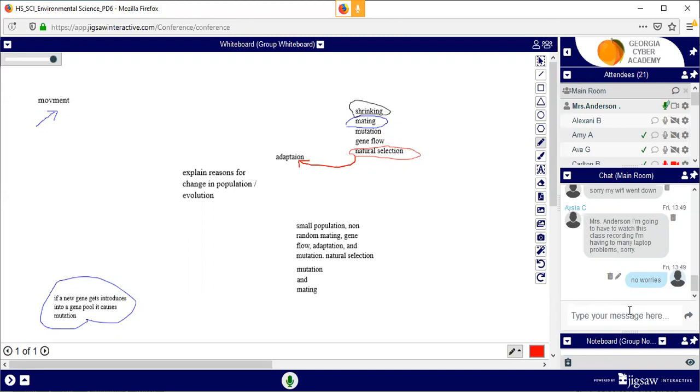So these 5 things impact our population, the number of organisms, the types of organisms that are there. They help the organisms to evolve, which will overall lead to succession.